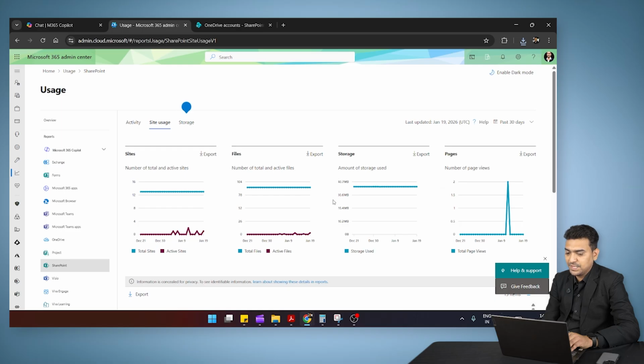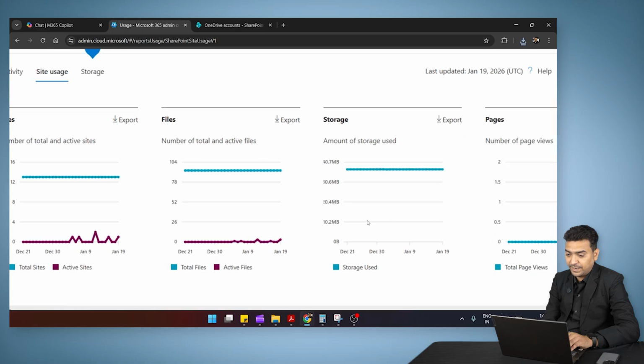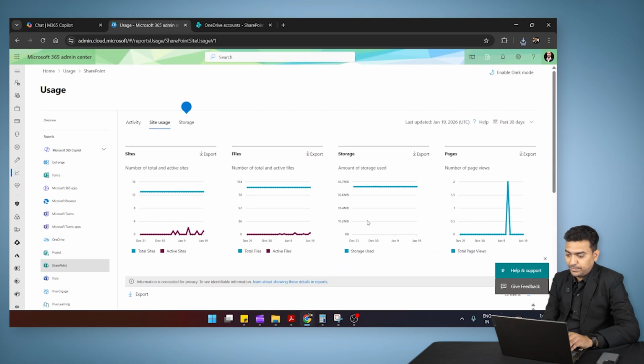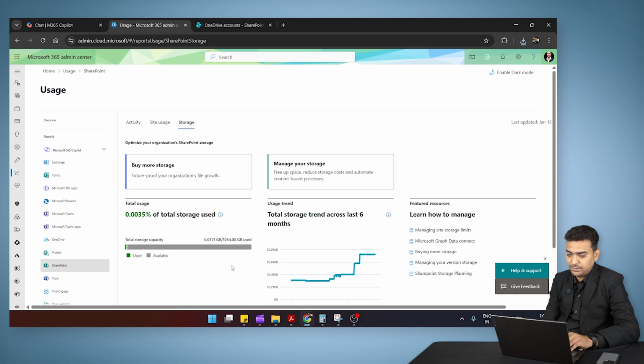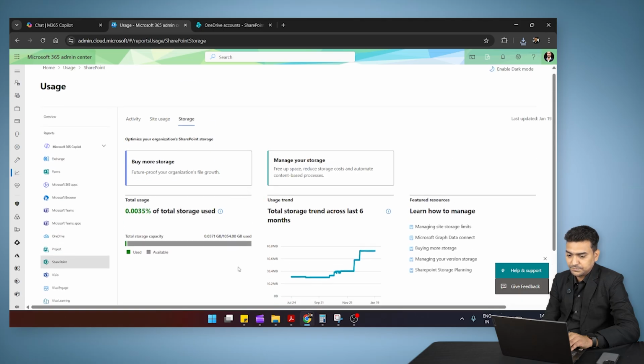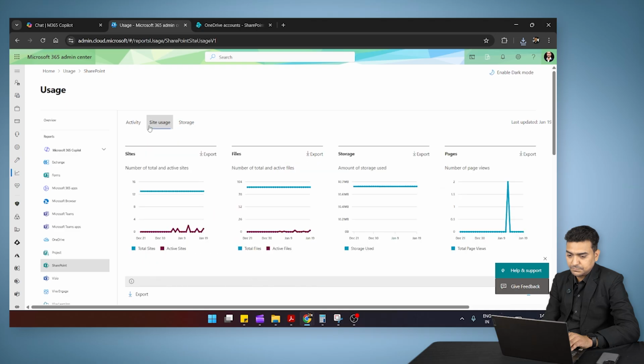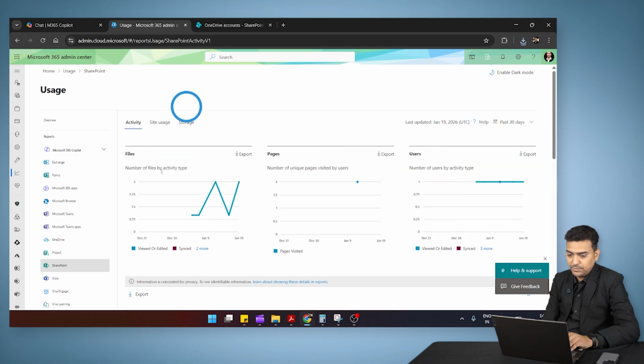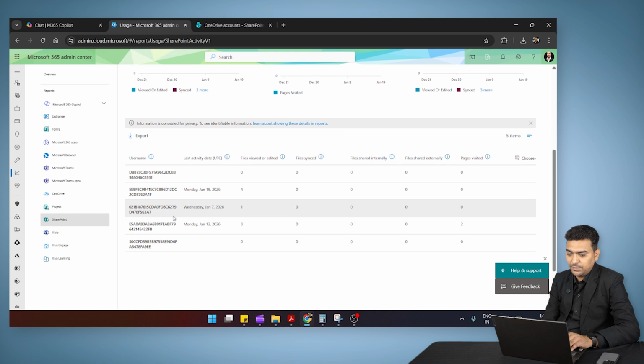You can see this dashboard: how many users are active, how many sites are active, what kind of data they are using, and their storage. You can see everything in this report. And you can even export it into Excel. Simply click on export. How many files are edited, by whom, what is the username, shared internally, externally, pages visited, everything you can see